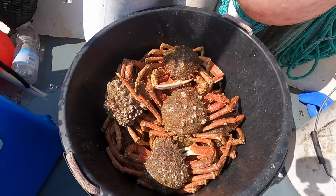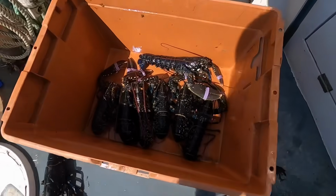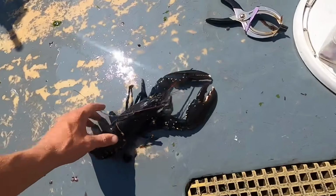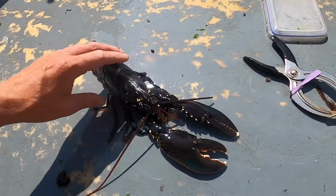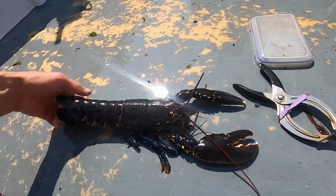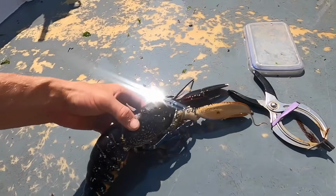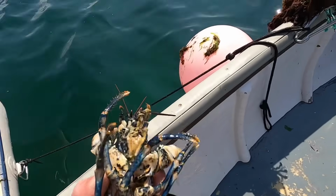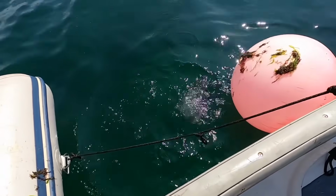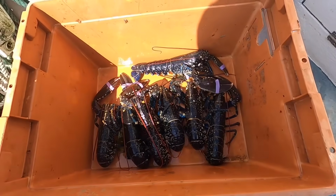So here we go, guys. I've got a bongo spider crab in there. There's a little brown crab in there as well. 7 live lobsters, and I have no idea why, but that is a solid lobster, super solid lobster, and it's dead. I kept it covered with wet rags and everything, and for some reason it's perished. Have no idea why, but if it's playing dead, then fair play, but its mouth isn't even moving or anything. It's so weird. But hey, bit of a shame, but we've got 7 lovely lobsters, which I'm over the moon